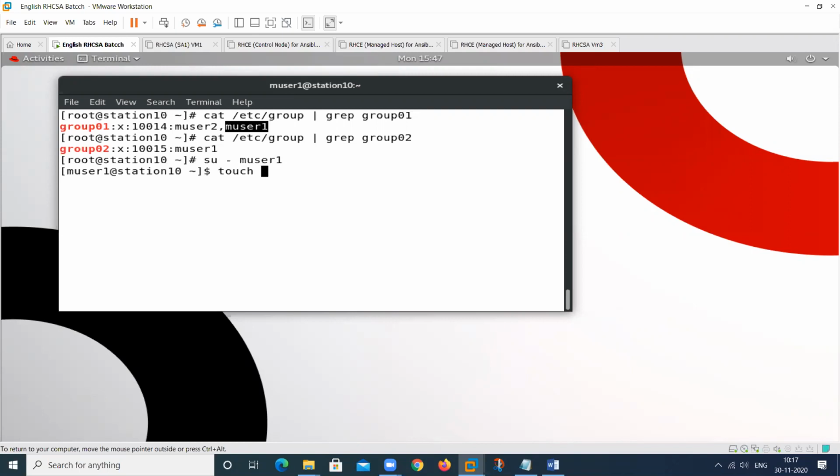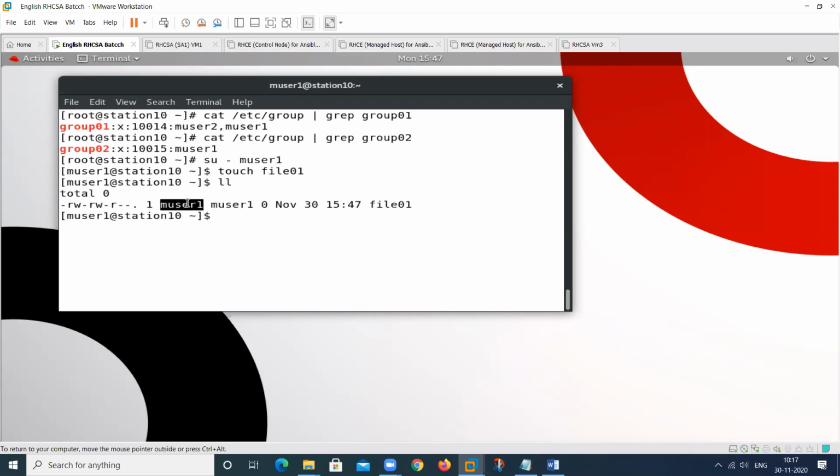So it is creating file01. See here, what is this? This is the user owner. And what is this? This is the group owner. So this is the primary group. This is not a secondary group at this time.